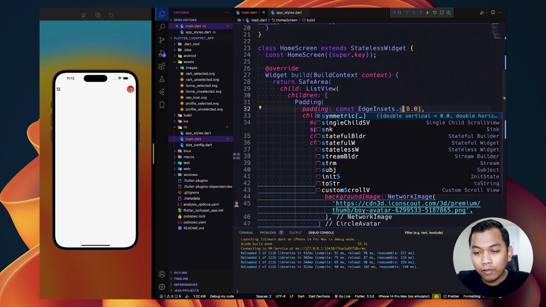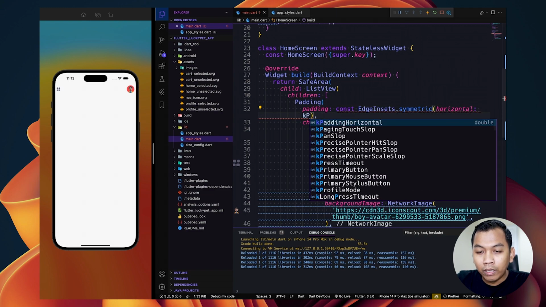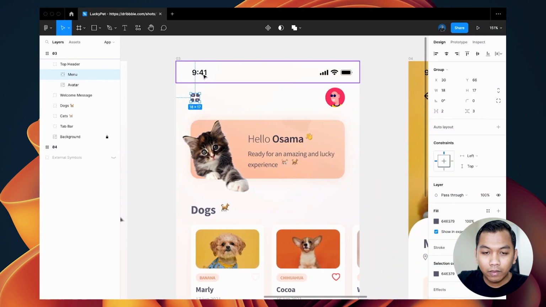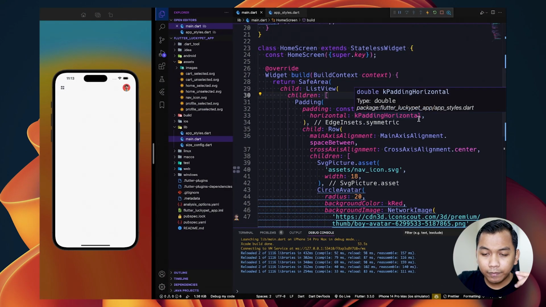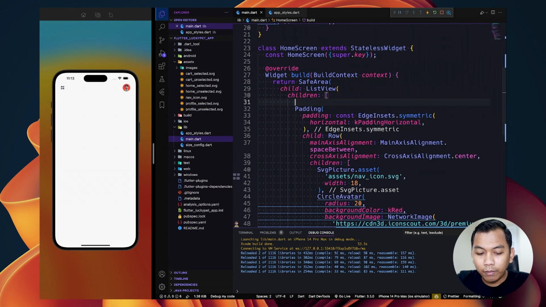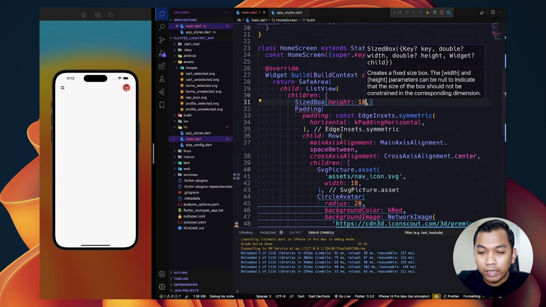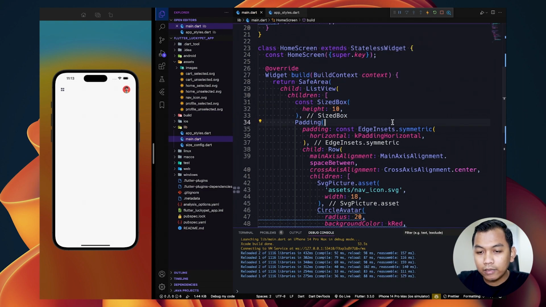And for padding we need to change to symmetric and change to horizontal, the value will be kPaddingHorizontal. Looks like this. And maybe give a padding for vertical, or we can simply add a SizedBox, height to be 10. Looks like this.